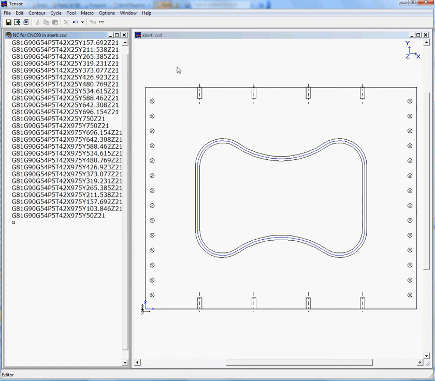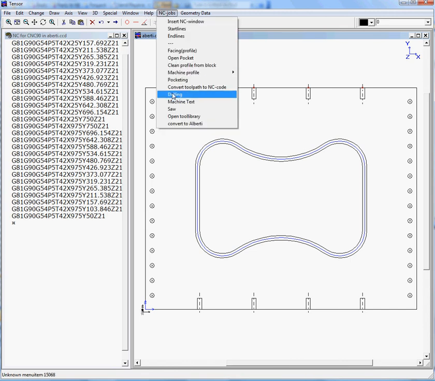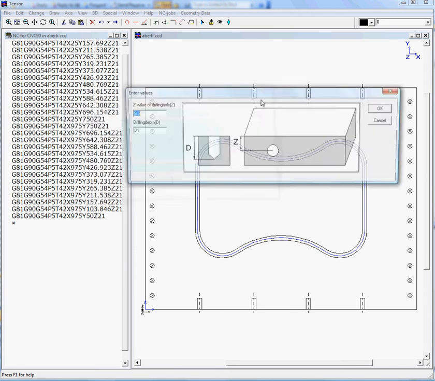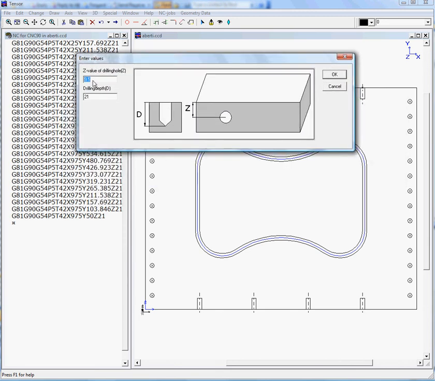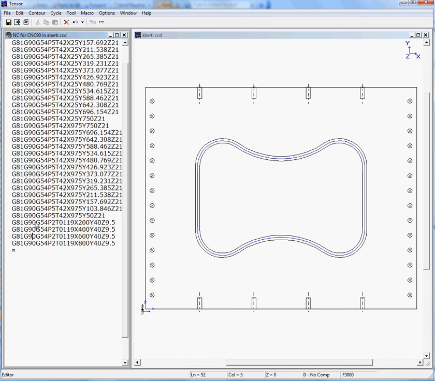And so if you want to drill these holes on the back, we can select the 4 points and then move on to NC Jobs again, drilling. In this case we will select plane 2. OK, and you can enter the Z value 9.5, as our plate has a thickness of 19 and a drilling depth of, let's say, 40 mil, and click on OK, and you will see 4 extra NC lines which represent